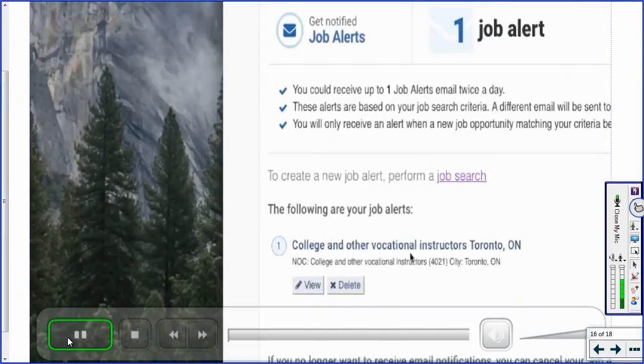And what this is telling me is that if any other related jobs come up, meaning any other jobs that belong to the code 4021, that are in Toronto, Ontario, then I will get an email about that.